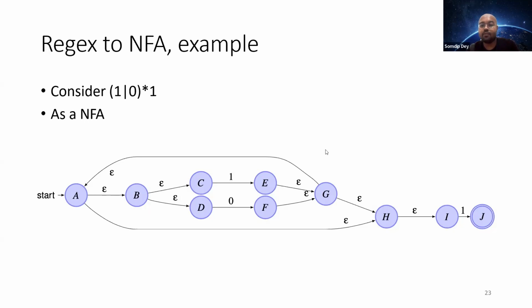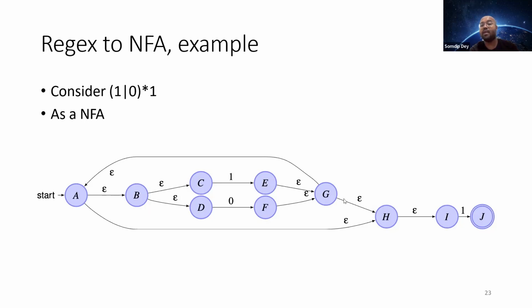So how many times, Sokanya has asked, how many times we need to go back where we have a star? It's not about how many times, it's only one time. So you have to determine if, let's say, 1 or 0, right? 1 or 0 will lead the next state to be the state where it has to recur back to the start state. As you can see here, 1 or 0 reaches E and F, but